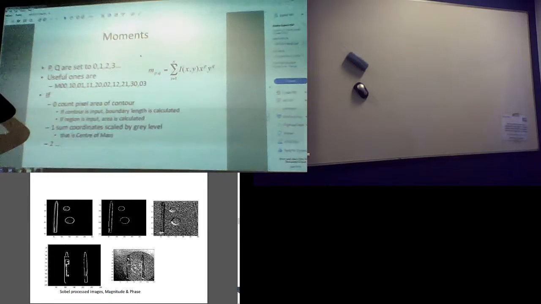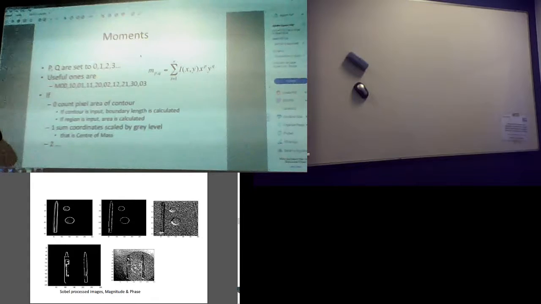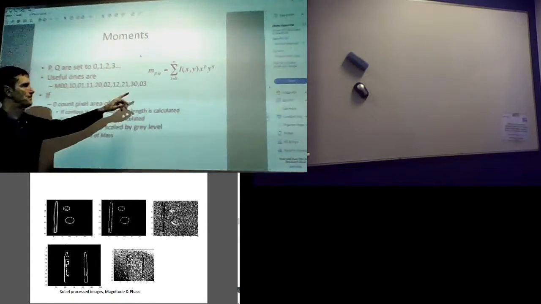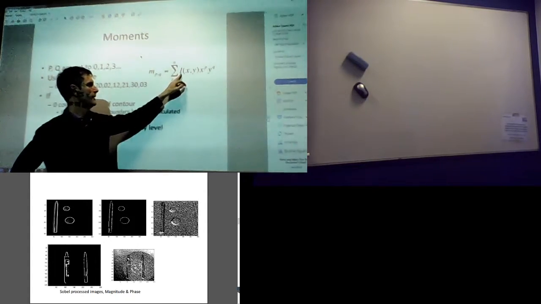Now, moments came about through the need to recognize shapes before computers were actually as sophisticated as they are now. So a chap called Hu in 1962 developed a way of recognizing shapes that relied upon you going through the image,